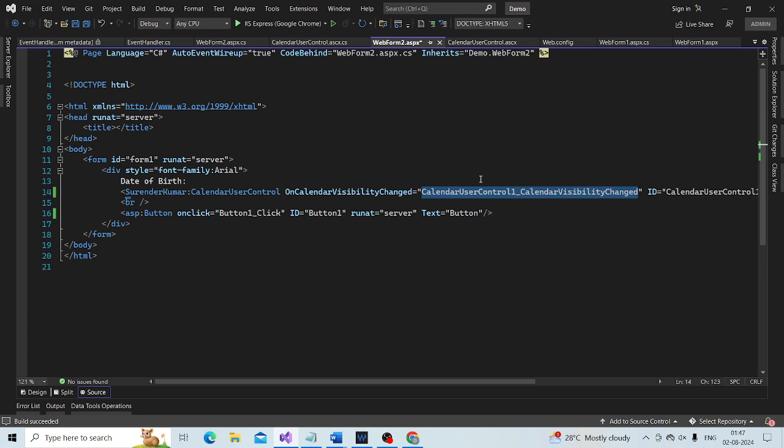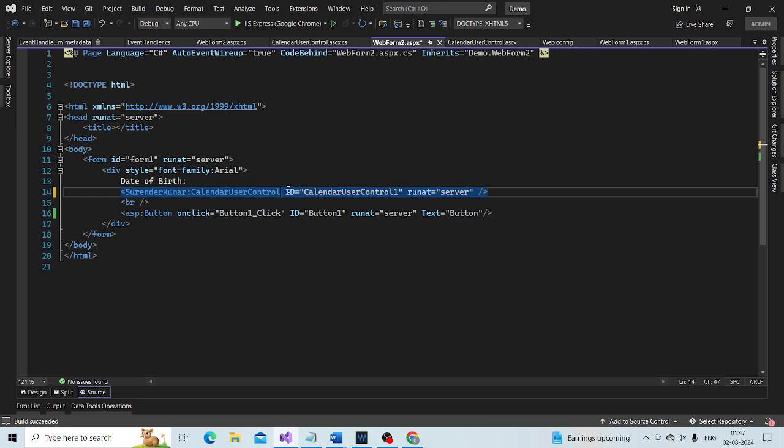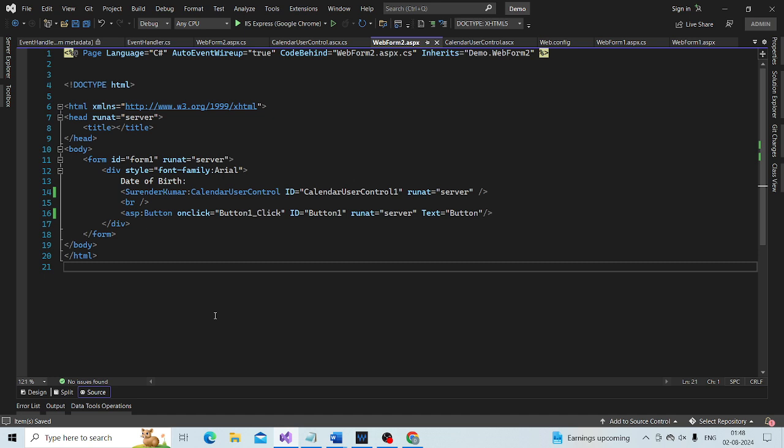So I remove this, save the changes, and run this. The page loads up.